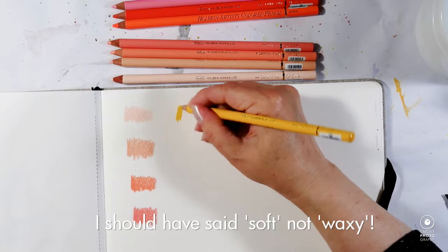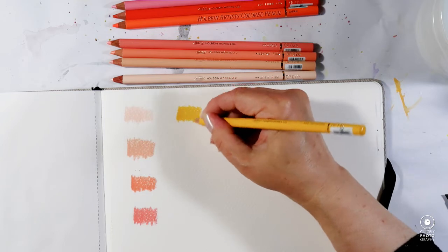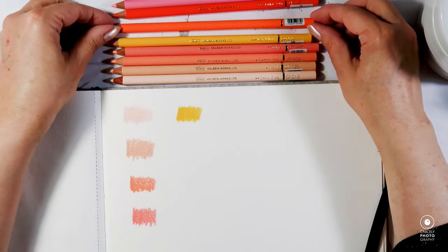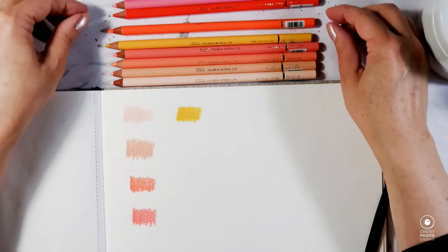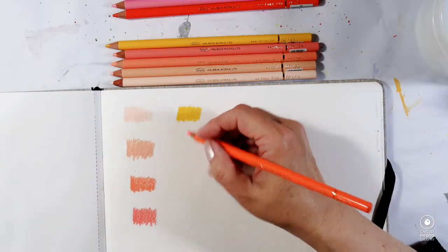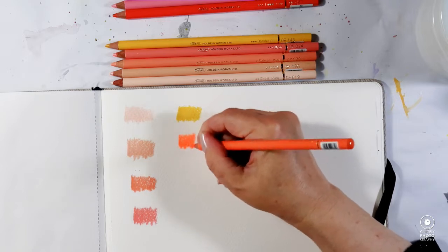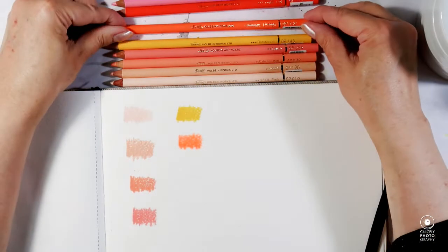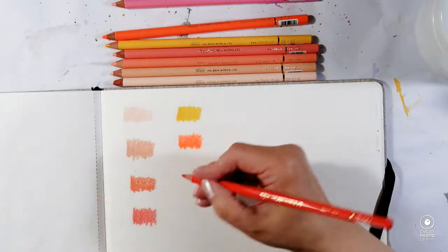So here we have the only yellow I ordered. It's a warm yellow called Dandelion, quite fitting actually. The number is OP154, and it has 3 stars. So now I'm debating which one to swatch next, and I'm going for this luminous orange, and it really pops. So this has no stars, as luminous colors are always not light fast, and it's